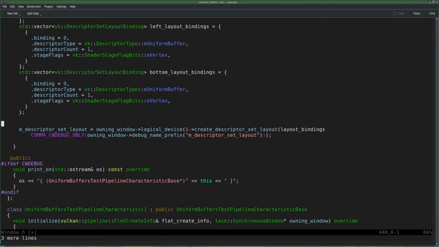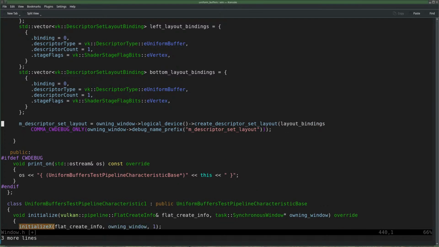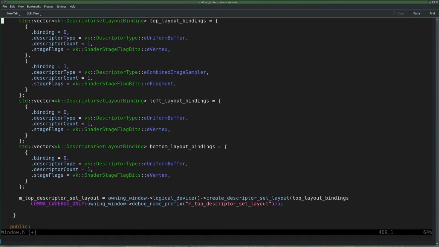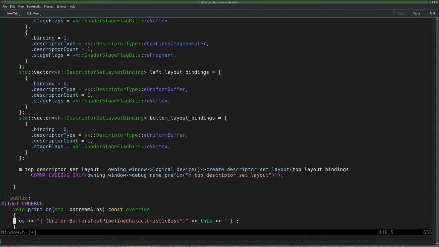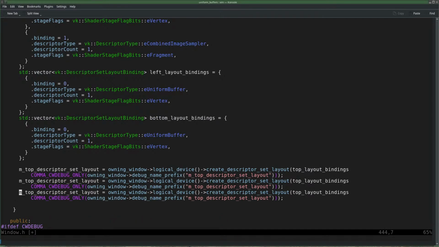So I get something like this, except that it is top. And yeah, top here, right? And then top here and top. Yep. So that would be using the top layout bindings here from this. And thus we need 3 of those, including the left and the right.